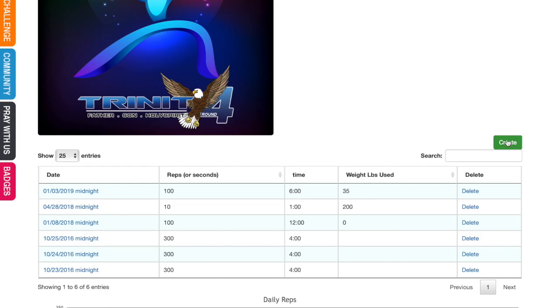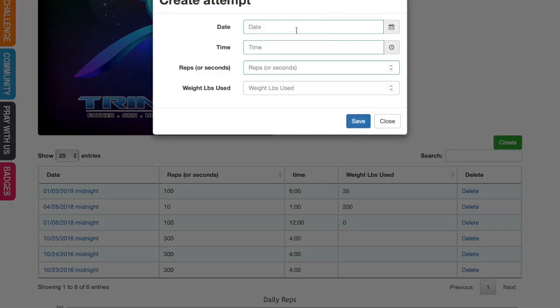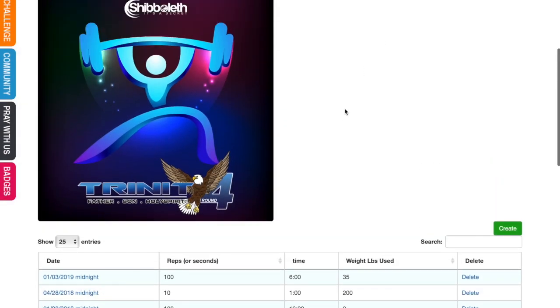But it's real simple. You just create, enter the date, enter the approximate time. Doesn't have to be definitive, how many reps or how many seconds you worked out. But reps is what I go by, and then what was the weight I used, if any. I may not have used any weight. I did some push-ups. Of course, I just put 0 for weight used. But that's how you get those exercise reps in there.